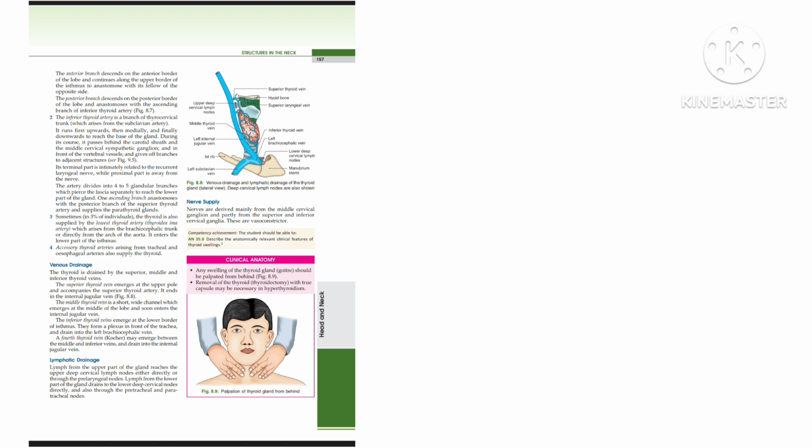Lymphatic drainage. Lymph from the upper part of the gland reaches the upper deep cervical lymph nodes either directly or through the prelaryngeal nodes. Lymph from the lower part of the gland drains to the lower deep cervical nodes directly, and also through the pretracheal and paratracheal nodes. Nerve supply: nerves are derived mainly from the middle cervical ganglion and partly from the